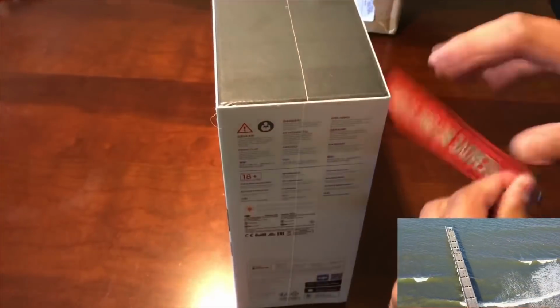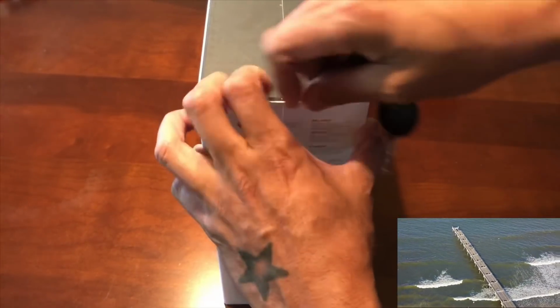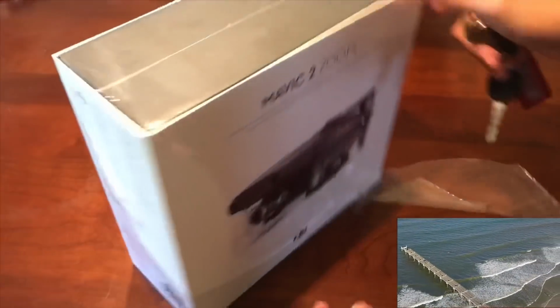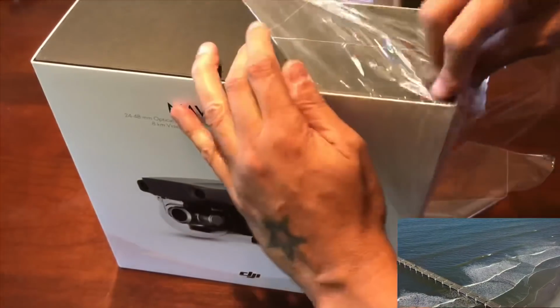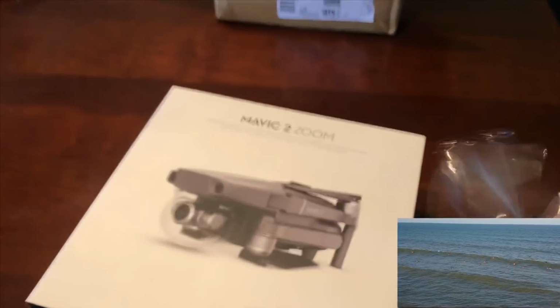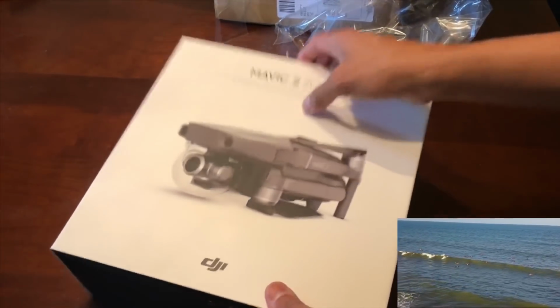Oh, wow. Every year it's a different box. And I've been waiting for this. To be honest with you, I really, really want, hopefully it comes with the handheld gimbal or any other kind of stuff. I don't know why